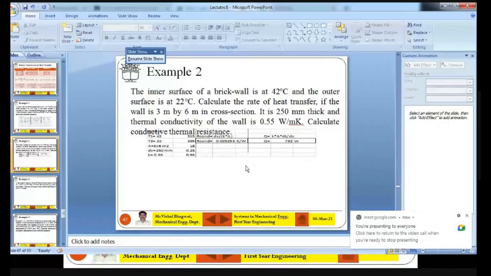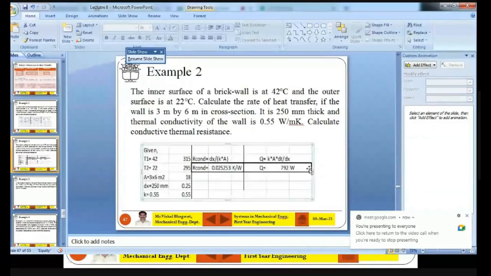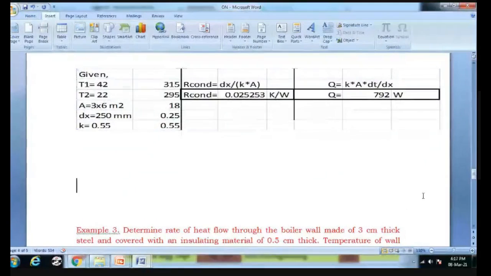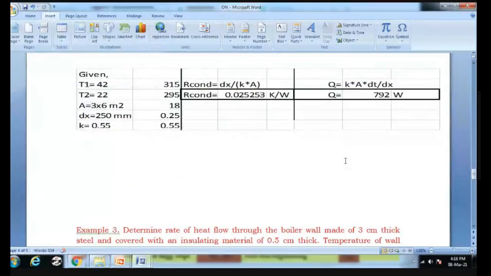Okay. Sir, but rate is asked. That's why. What is asked? What did it say? Rate of heat transfer. So rate of heat transfer is basically heat, which you measure in joule, and joule per second is nothing but the rate of heat transfer. Joule per second is watt. Yes, sir. You measure heat in joule, not in watt. You measure heat in joule, and that's why you get all this. Okay.